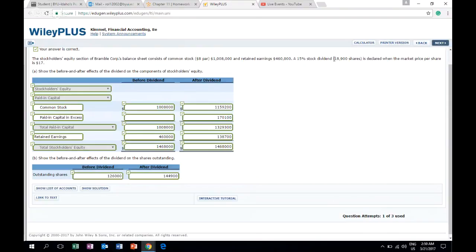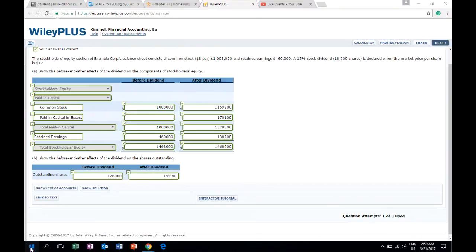Right here, it gives us the amount of shares after the stock dividend, which was 15% was given. So simply, you take that 18,900 shares and divide it by the stock dividend percentage. So for me, it'd be 18,900 divided by 0.15, which would give me